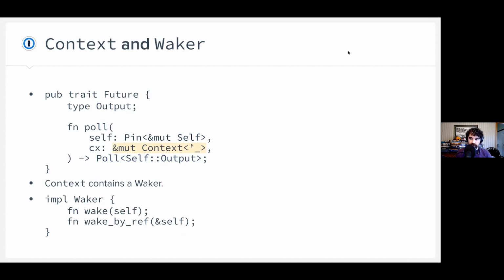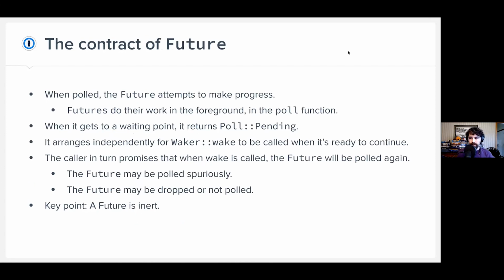It needs to do some long work, like waiting for a sleep or waiting for a socket or something. It returns pending, but before it does so, it arranges somehow, unspecified how, that waker.wake will be called when we are ready to be polled again to try to make more progress. In return, the person who called poll has promised that they have provided a waker that they are scrutinizing, right?